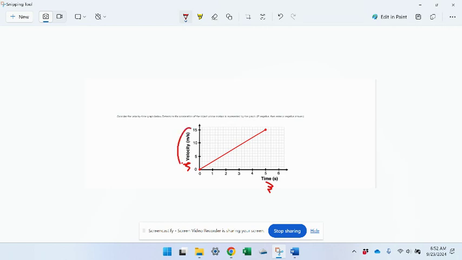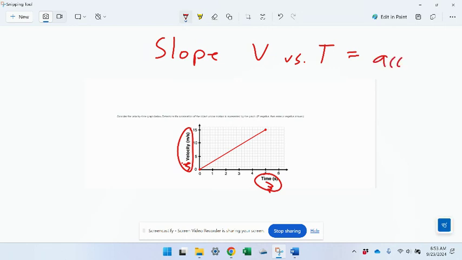So if you have a velocity versus time graph, what you need to know is the slope of a velocity versus time graph. The slope is equal to acceleration. So really all you've got to do is find the slope of this, since it's a velocity versus time graph. And so the slope is of course equal to